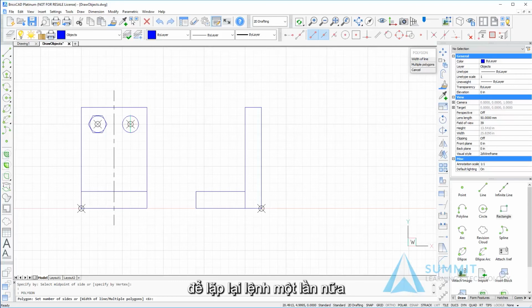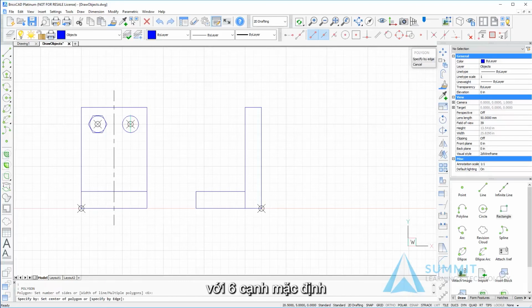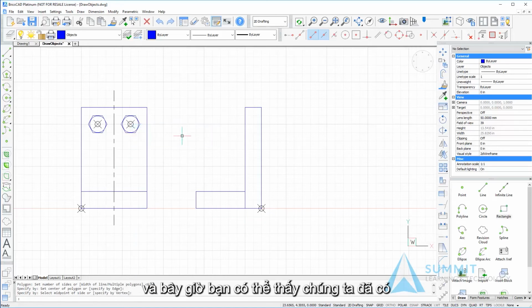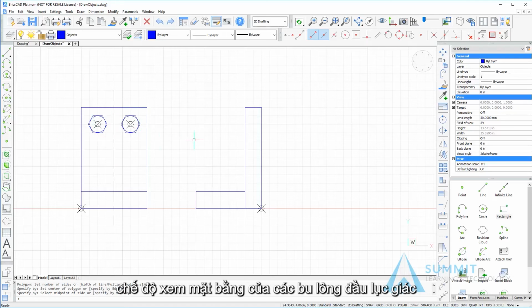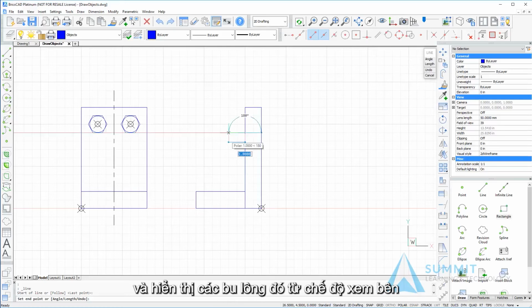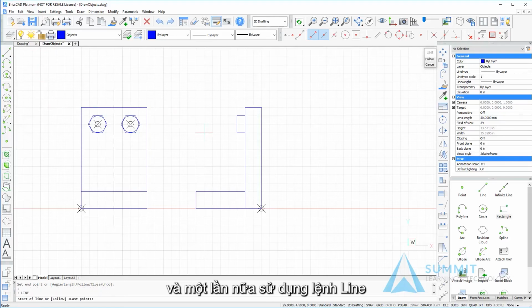the command, again accepting the default of 6 sides, and selecting the center point and radius. Now you can see we've got the plan view of our hex head bolts. Then we'll simply use the line command and represent those bolts from a side view. And once more, using the line command,